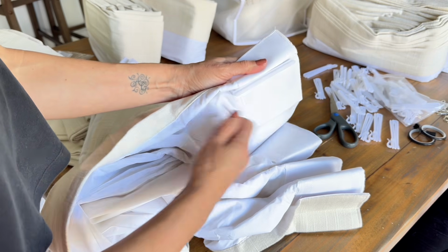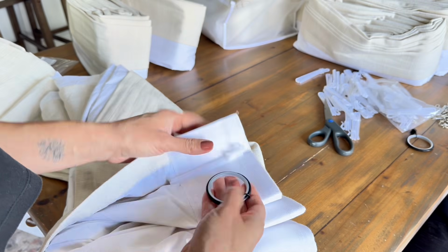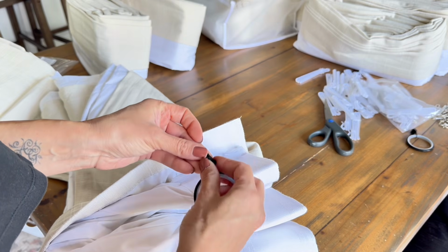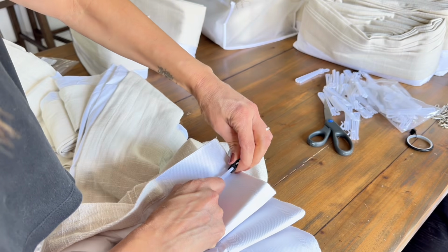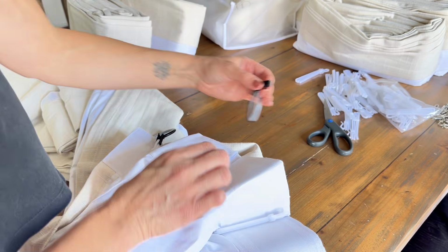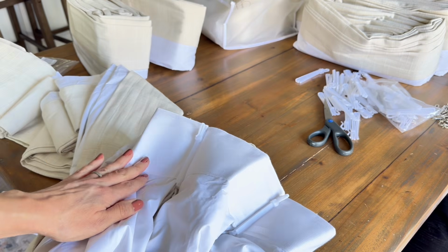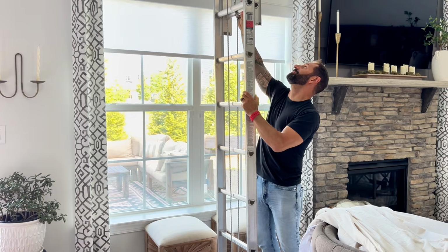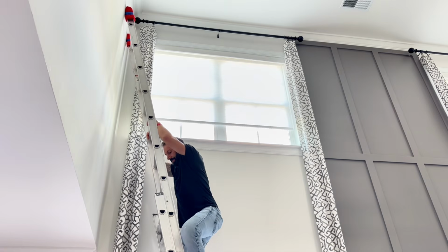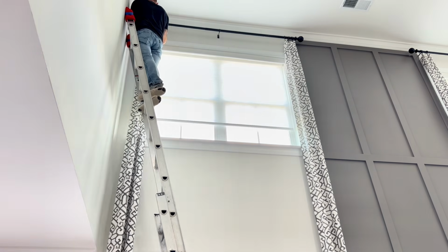I ended up going with the triple French pleat style for the curtains because I wanted something that felt really timeless and tailored. I feel like this pleat style instantly gives the room a more elevated designer look, especially with the height of the ceilings. I also decided to do memory training on the curtains, which basically helps the folds hold their shape properly right out of the gate. I think it made such a difference because they looked really full and really polished immediately